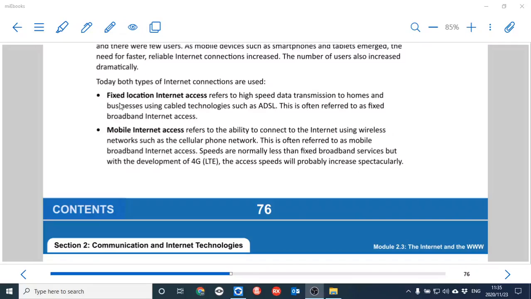Mobile internet access refers to your 4G, your LTE. So even though you might have an LTE router which is at home, you can pick that router up. Usually it looks like a USB. Go somewhere else and you can use it there because it's using a wireless connection to the nearest cell phone tower. It's not using a cable underneath the ground. Okay, so that would be mobile.